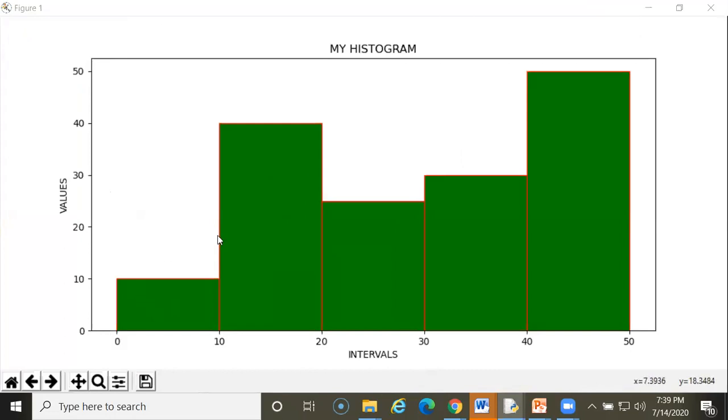And according to your data, it will be visualized. See, I have written intervals, where interval means the middle part. This is called interval, the middle part, whatever you want. So it will show intervals. My histogram, this is the title I have shown to you, and these are the values I have put in. So you can specify where you want to write a title, where you want to write a value, and where you want intervals. All these values, this color red and green, I have red with the border and green inside it; you can change it. See, I am changing the color.